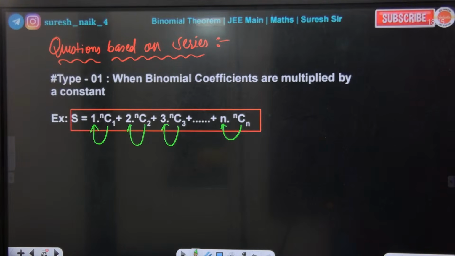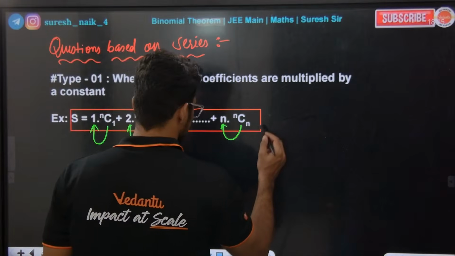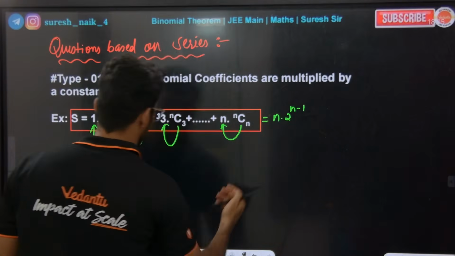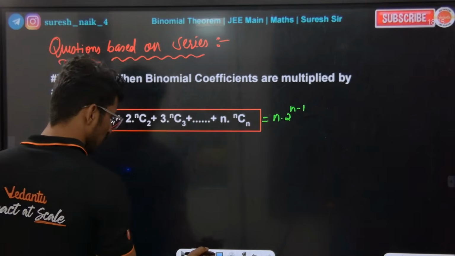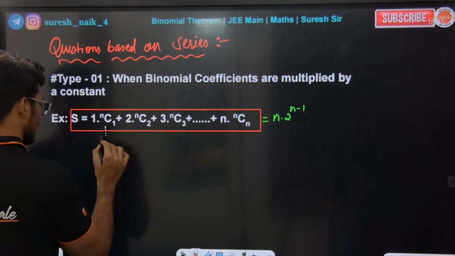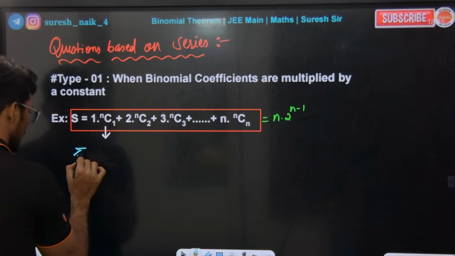Whenever all the binomial coefficients are multiplied with a constant, I'm going to derive one formula, simply n into 2 power of n minus 1. This formula is equal to n into 2 power of n minus 1. How does it come? I'll teach you this. What is the general term for this? Can I write this in compact form? The compact form is sigma r is equal to 1 to n,